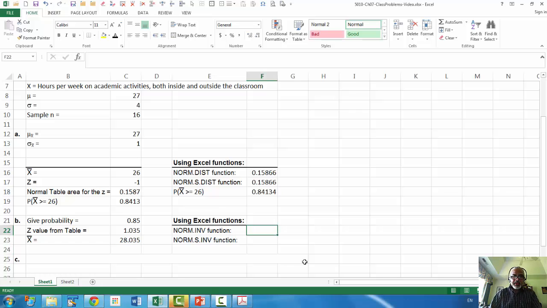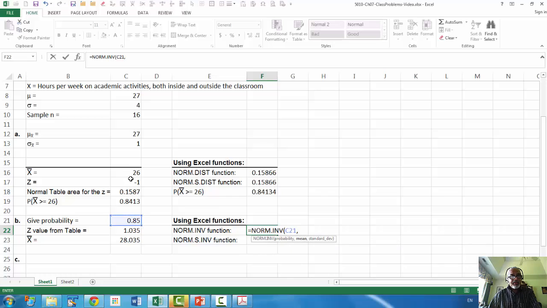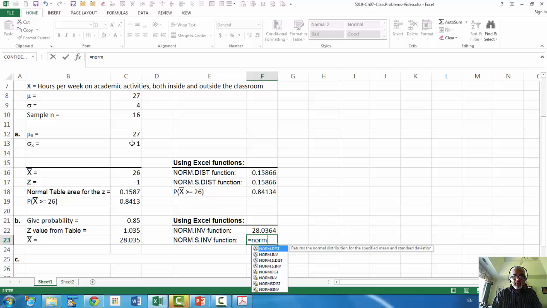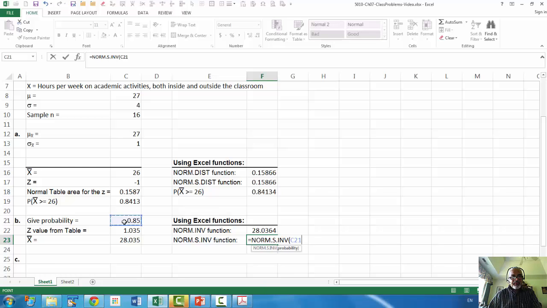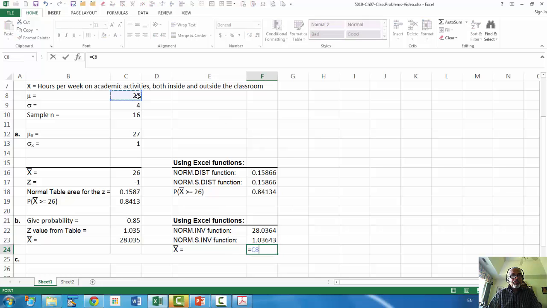And of course, we can use an Excel function for this, which would be norm.inv, 85%, and the mean and standard deviation from there. Or we can find z using norm.s.inv, and for 85% probability gives us the z table value. And then x bar is mu